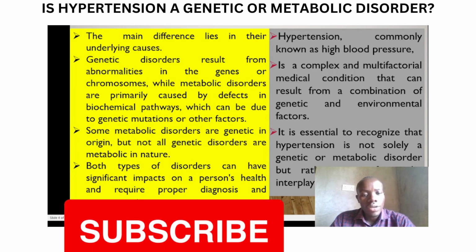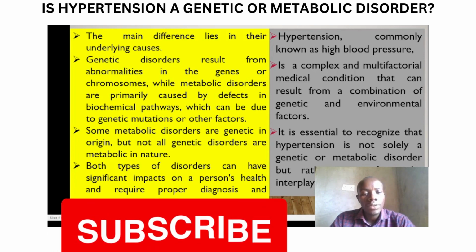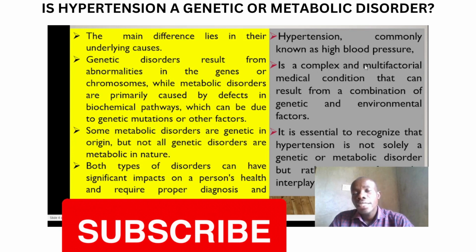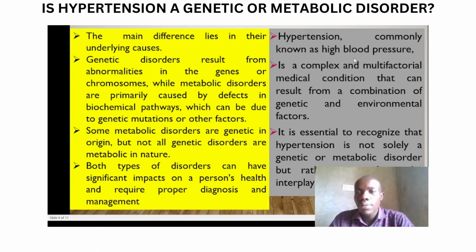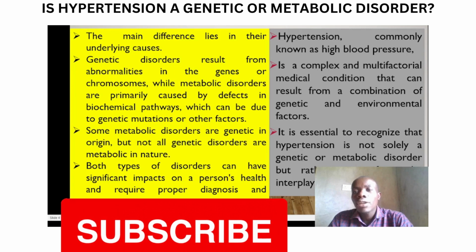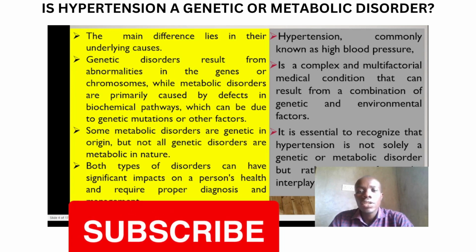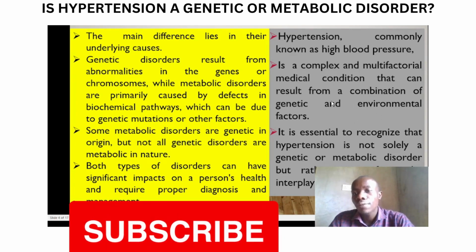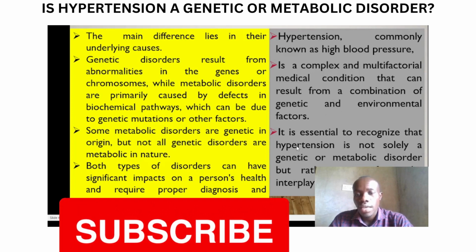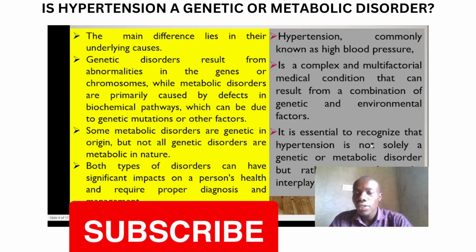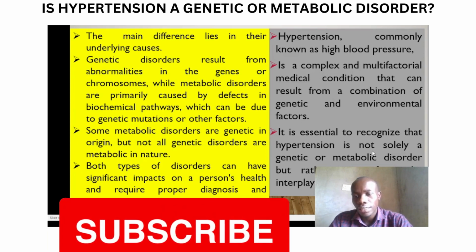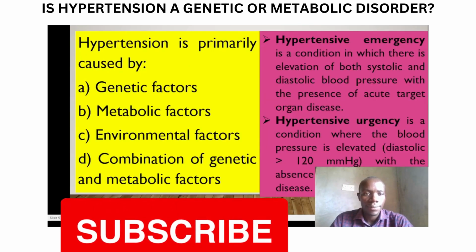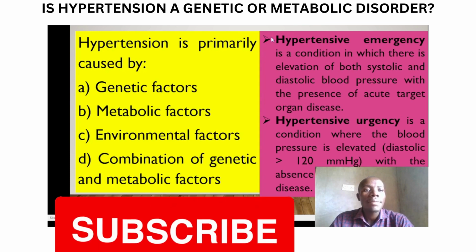Both types of disorders can have significant impacts on a person's health and require proper diagnosis and management. So hypertension is also referred to as high blood pressure, a complex and multifactorial medical condition that results from a combination of genetic and environmental factors. It's essential to recognize that hypertension is not solely genetic or metabolic, but rather arises from the interplay of various factors. So hypertension is primarily caused by,